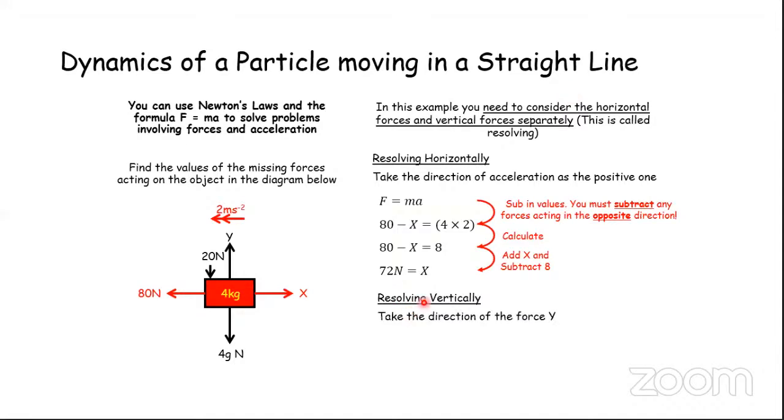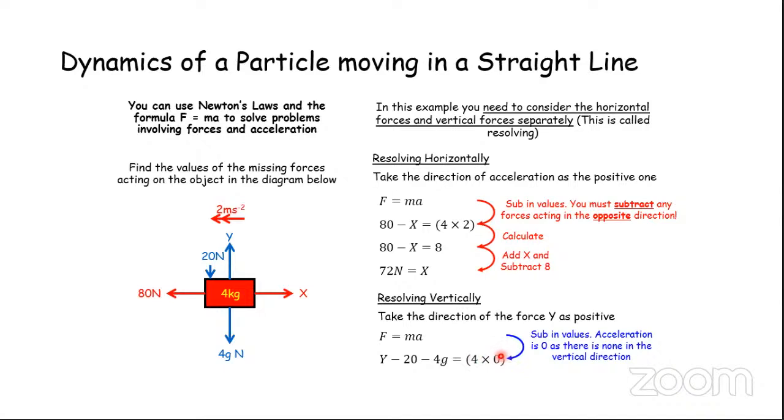So when we resolve vertically and we take y as positive, the upper part of the y axis being positive, we shall say y, after substituting in the values, y minus 20, because 20 is moving downwards, then minus 4g, because it is also moving downwards, is equal to